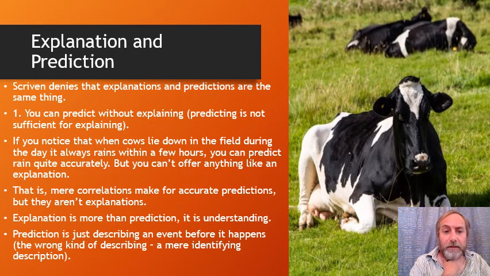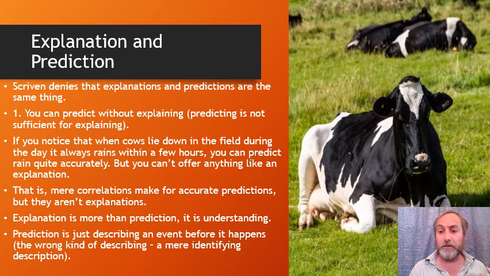So moving on, Scriven also wants to poke holes in the idea of the relationship between explanation and prediction. Recall that Hempel and Oppenheim say explanation and prediction are basically two sides of the same coin. It's just a pragmatic distinction, they say, between whether the explanation happens before or after the phenomenon that's being explained. If it happens before, it's prediction. If it happens after, then it's not. But Scriven says no. There are many more differences between explanations and predictions than Hempel and Oppenheim allow for.